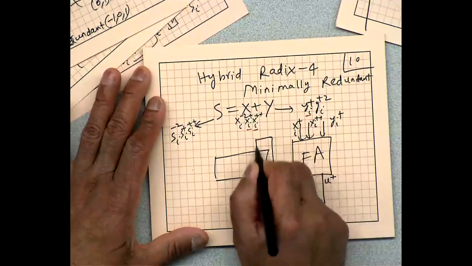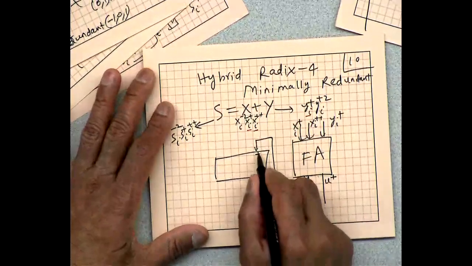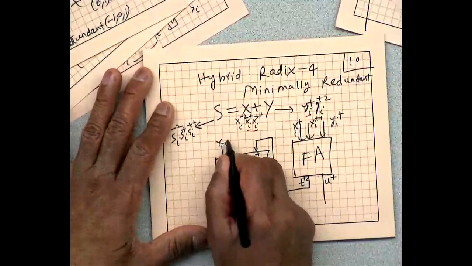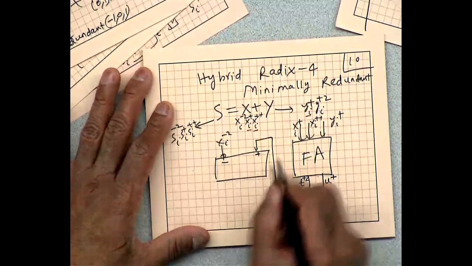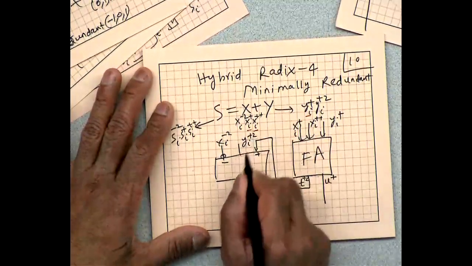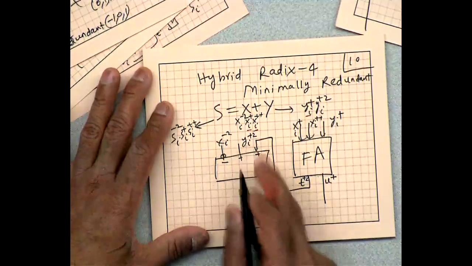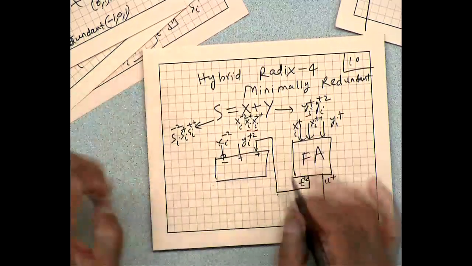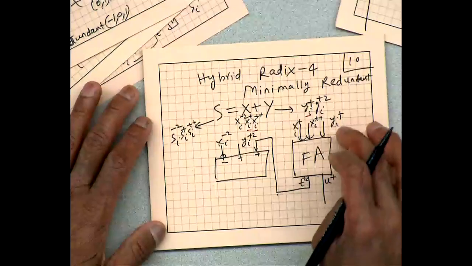So this is weighted positively, and this is weight plus 2, I'm carrying that here. xi minus 2, that is weight minus 2, so that's minus, and then yi plus 2 is weight positive, so that's plus. So all these bits have weight minus 2, plus 2, plus 2. Think about that 2 as kind of the higher weight compared to these bits.